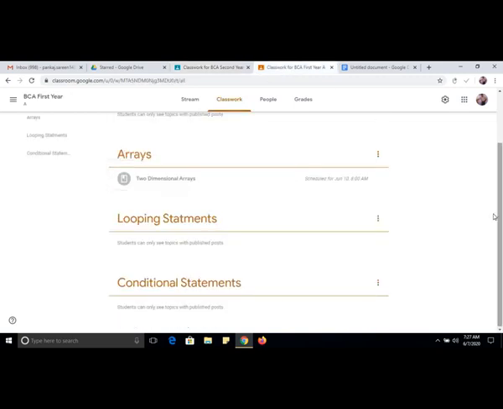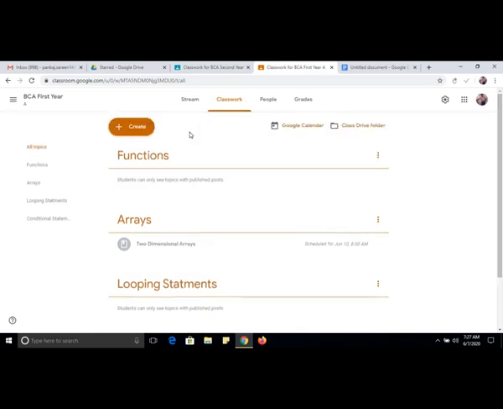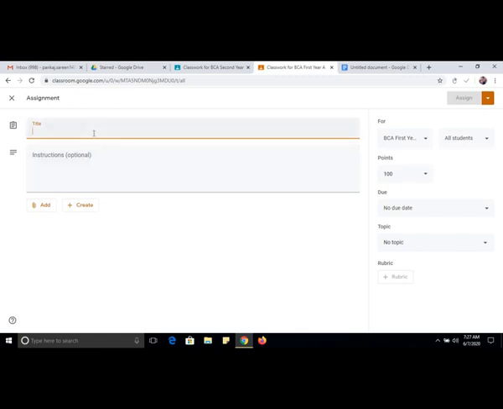Next is how to create the assignment. For creating an assignment you can click on this create, and here you will see the assignment. Now see, assignment. For example, I want to give an assignment to students to create a program. You can write an assignment of your own choice. Create a program to add two arrays. So for example, this is a program, and instructions you can give here that the program should be implemented in C. Please give the output as well.